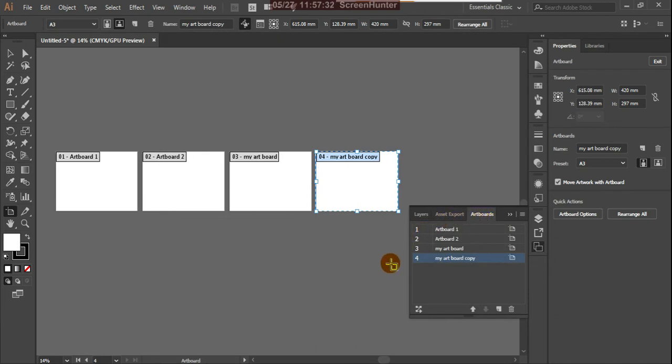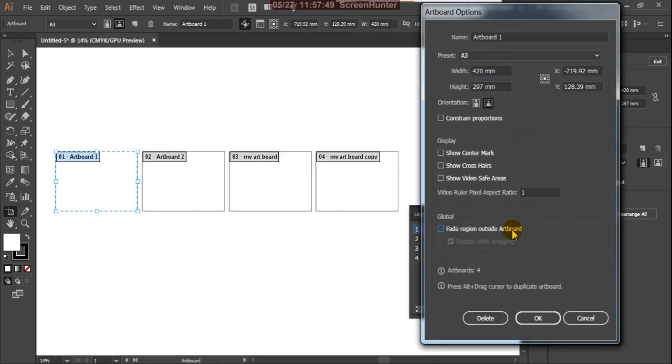Here also it is displaying the number of artboards, 1 2 3 4. Okay, so click any artboard, and automatically that artboard is selected. And you can double click on that, and you will get the artboard options.